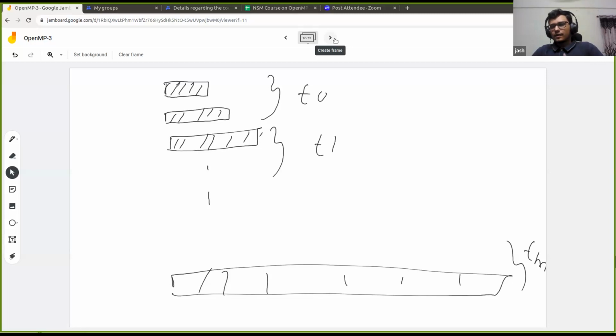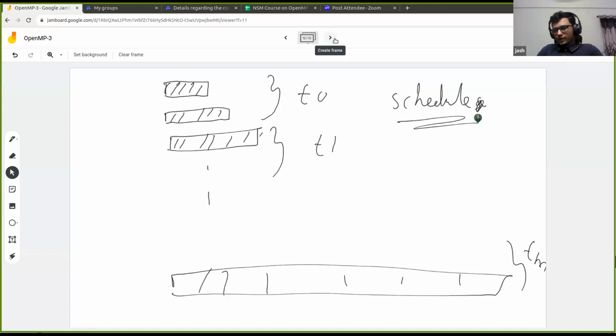So distribution of iterations or work among the threads is a challenge here. We need to distribute the work among the threads in almost equal proportion, so there should be some balancing done here. And this is where the schedule clause comes into the picture.